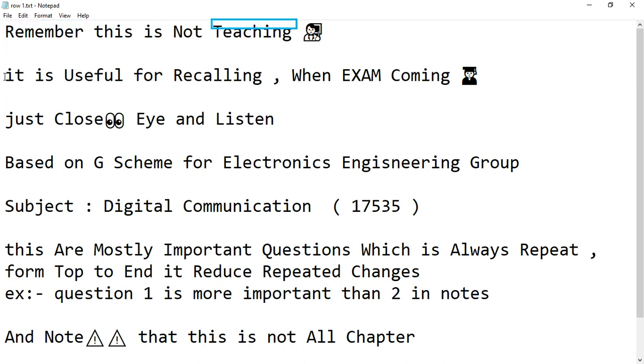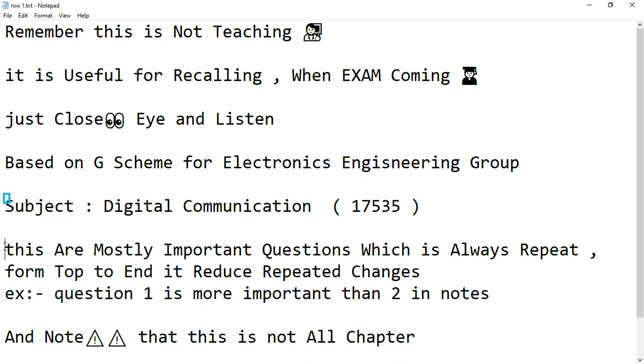Remember, this is not teaching, man, teacher. It is useful for recalling when exam is coming, man, student. Just close your eyes and listen. Based on G scheme for electronics engineering group. Subject: digital communication,